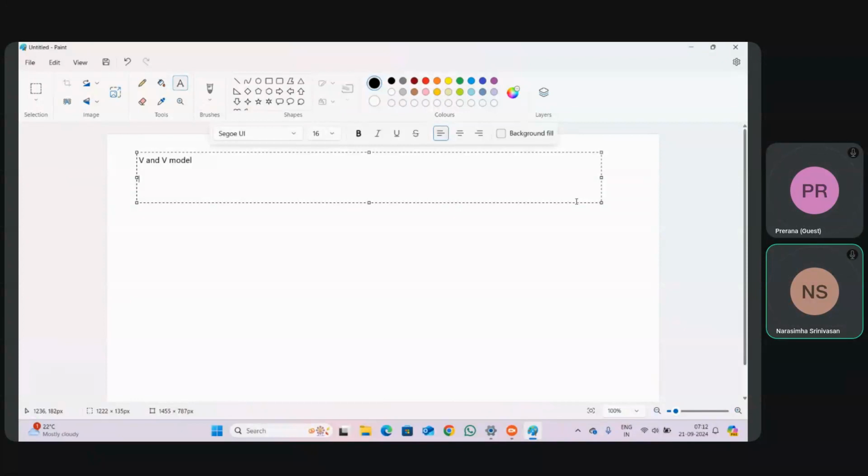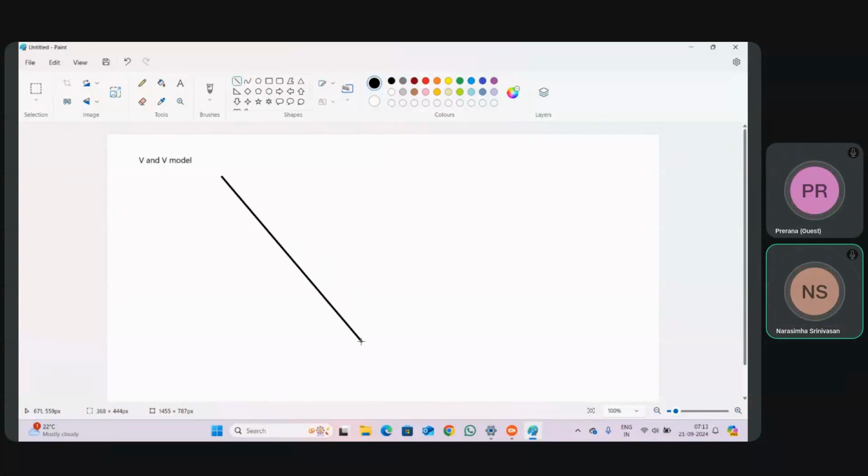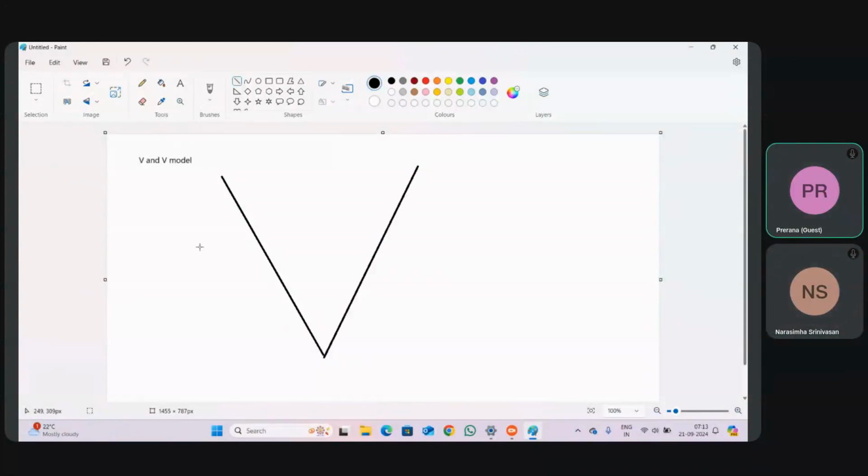Later, we got one of the important models, that is the V&V model. This model is used by many Japan companies because the quality of the software will be very good. What do you mean by V&V model? The model will look like a V shape, first of all. Waterfall is looking like a waterfall, no? Similarly, the V&V model looks in a V shape.